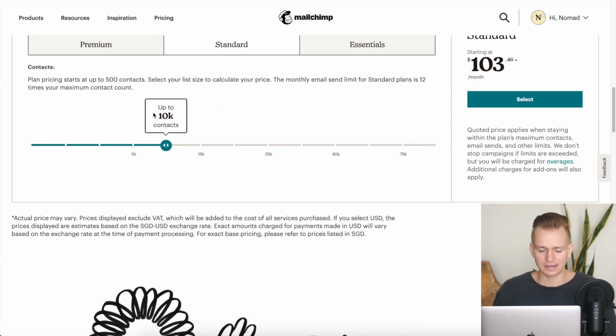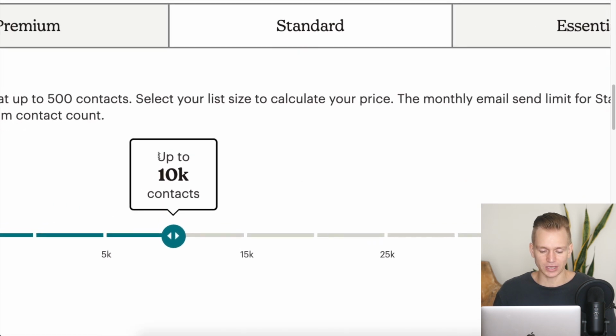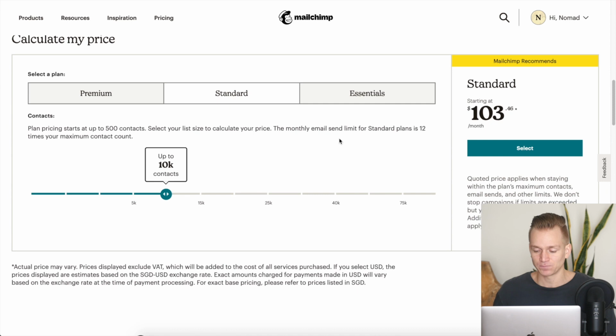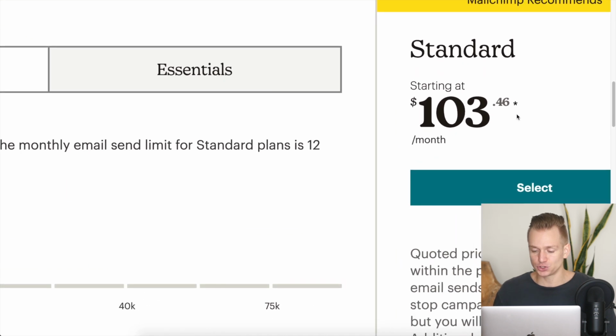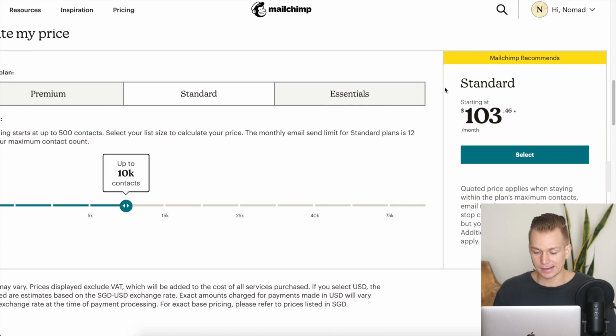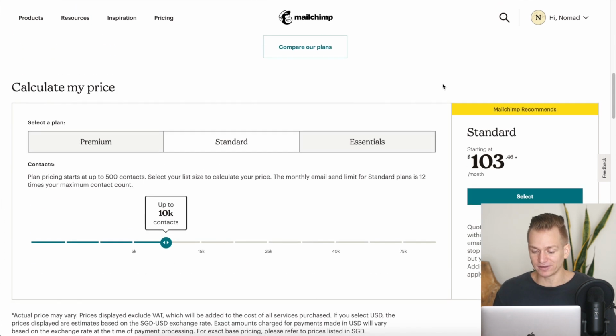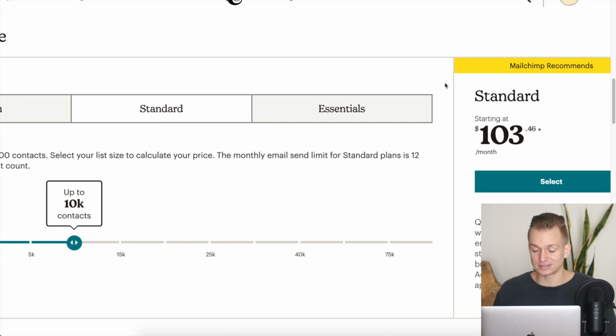And if you look at the standard plan and we look at 10,000 contacts, you can see this is going to cost you $103 per month. And honestly, if you haven't understood quite yet from everything I've been saying about Mailchimp, I think they are way overpriced. I don't know whether they're the oldest email marketing software, but they are the most well-known. And I think they're taking advantage of that, and because of that, they are charging a lot